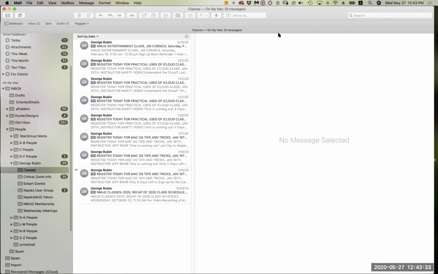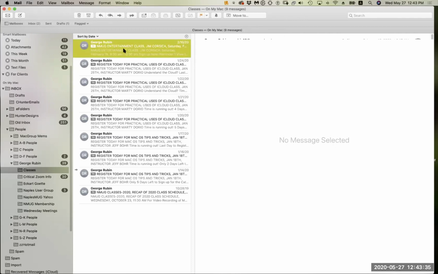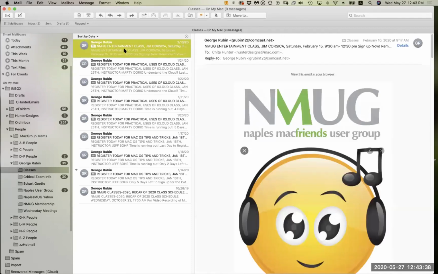And let me show you one thing, how you can block someone. So let's say I wanted to block George. He just sent so many emails. Not really George, sorry. If I wanted to do that, I would come over to George's name, and if I right click on any email address, you're given an option. You can block that contact. So what will happen is that the emails will still come in, but you won't get a notification from